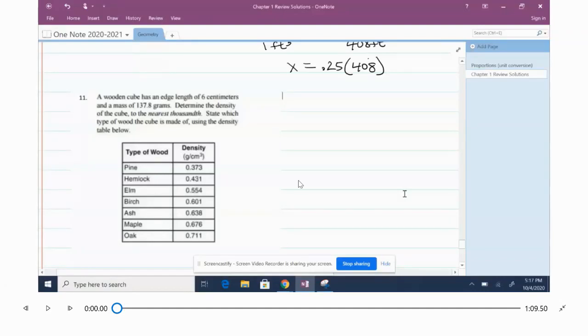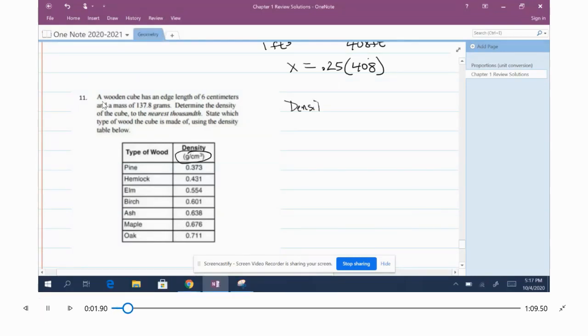Page 6 of our review packet for Chapter 1. Well, the last one I did this question as well, so we'll redo it. As soon as we see the word per, or a division in the units